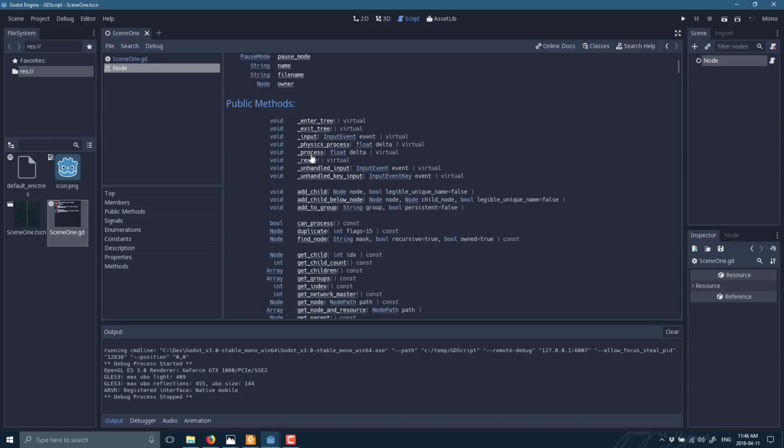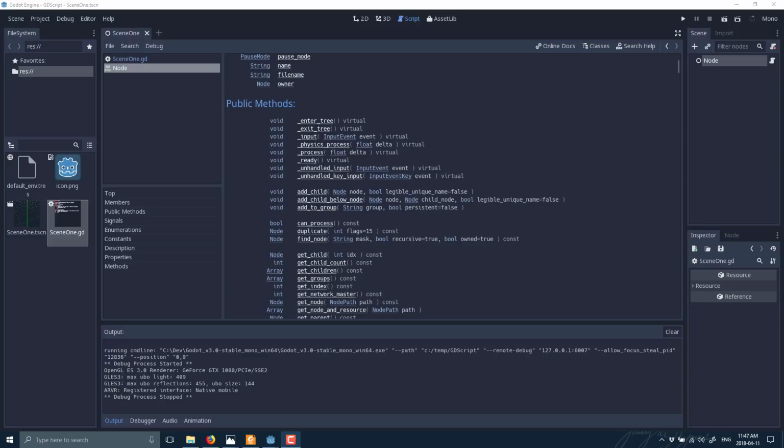Ready is when, again, it's like enter tree. I will explain the difference in a second. And these two you actually rarely use, so we won't cover them in this specific instance. Now, you may be wondering why there's enter tree and there is ready. And the difference here is basically enter tree, it's called after its parent's own enter tree, and it will only be called once each time a level is loaded. While ready is called after enter tree. So basically enter tree will be called before